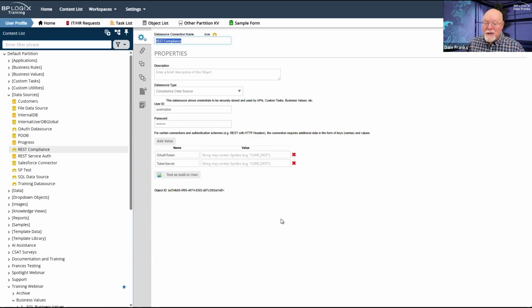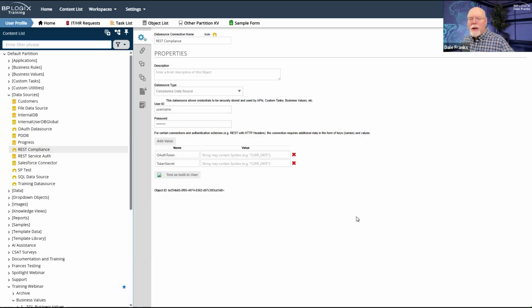Now, as an administrator, I am going to want to put in that auth token and token secret. And I think that would work for Google. If it's Microsoft, it will require a client ID, a client secret, and the tenant ID. It's the tenant ID, the client ID, and the client secret that it would require. So it would require three pieces of data for that. And of course, I could just add those if it was a Microsoft one. This is kind of a Google one. Auth token and token secret is what I would have to pass.